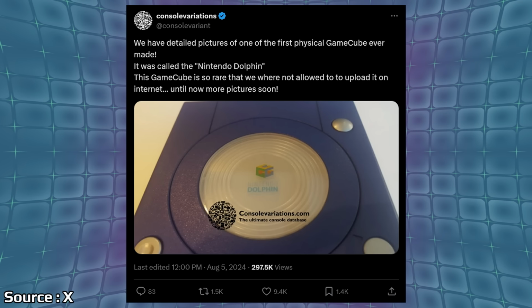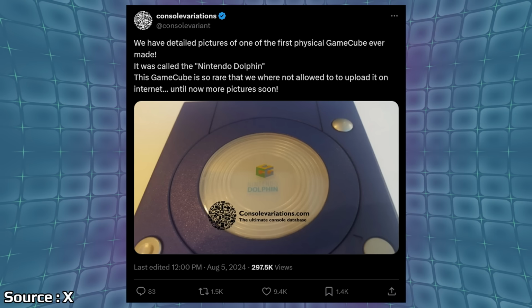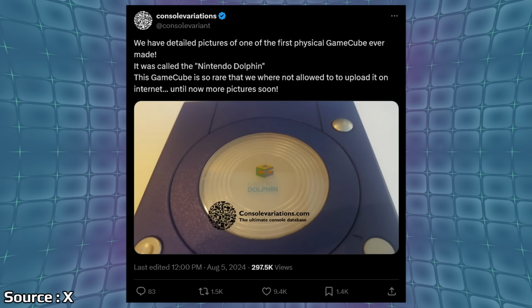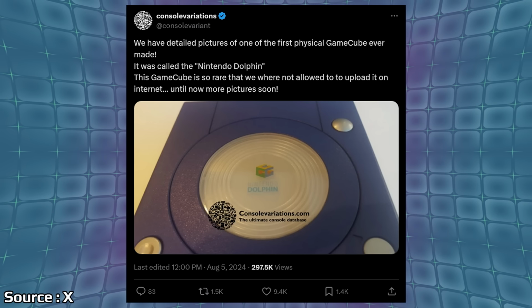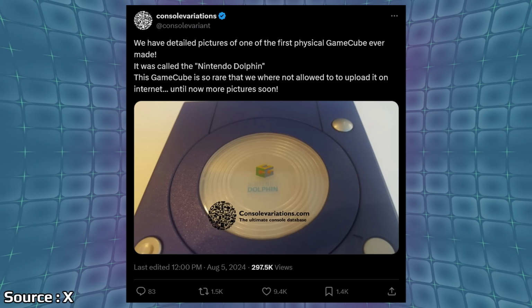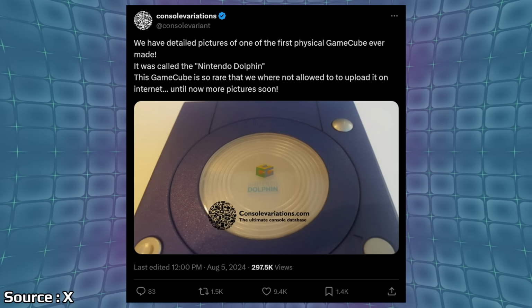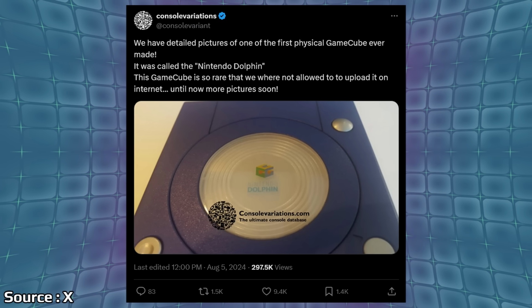More pics soon. Apparently they've had these pictures for a while and they had to figure out, I guess, maybe some stuff behind the scenes in order to release them. But yes, you can see right there. I mean, it even has kind of the Nintendo 64 sort of logo style, right? With that 3D cube looking thing, but Dolphin. I mean, we know that was like the code name for the system. We also have like the main chip on the board called Flipper, and this is really cool,